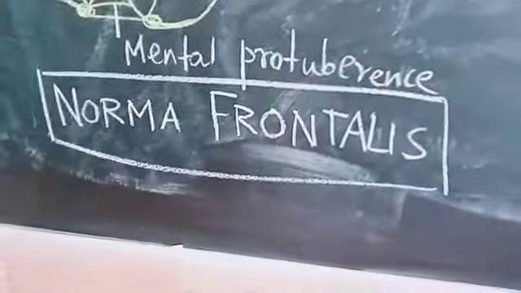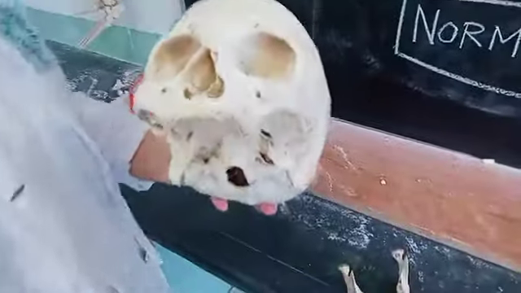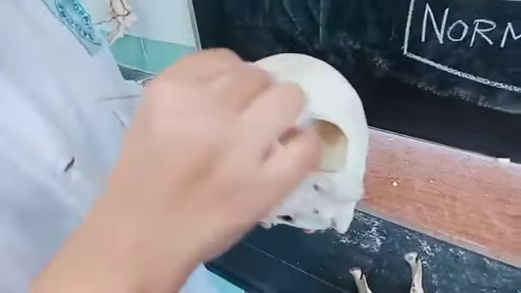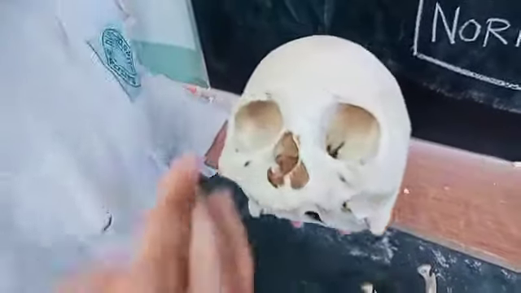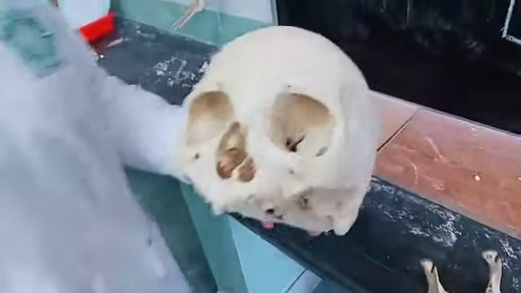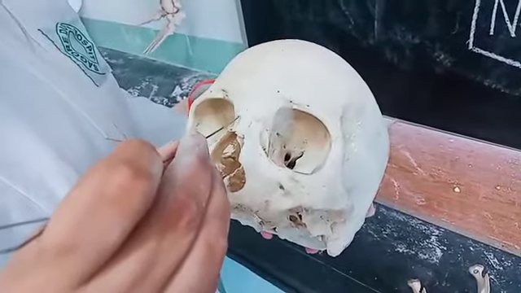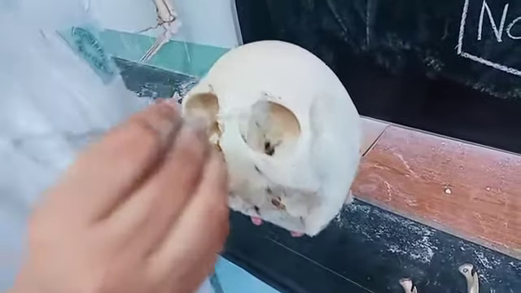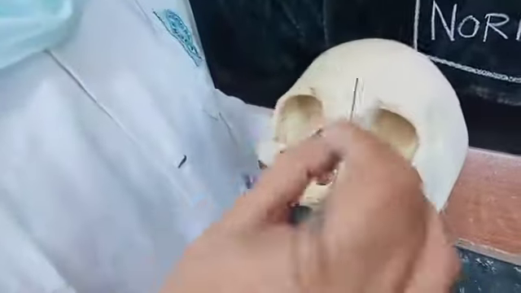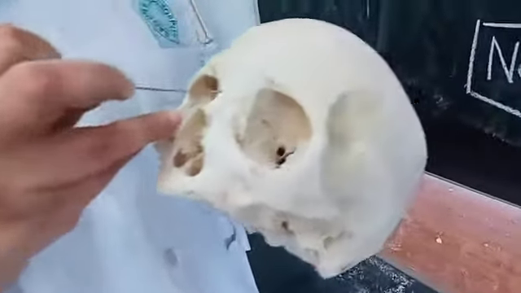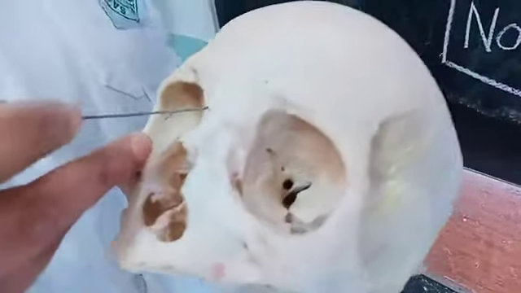Now we are going to discuss one by one. First come to the forehead. Now the forehead, you see, is mostly formed by the squamous part of the frontal bone and part of the nasal bones also. These are the nasal bones, and this is the squamous part of the frontal bone. So first is the nasion. Nasion is nothing but the line of intersection between the frontal and the nasal bone. So this is the nasion or the frontonasal suture.